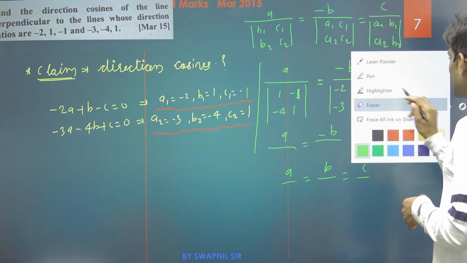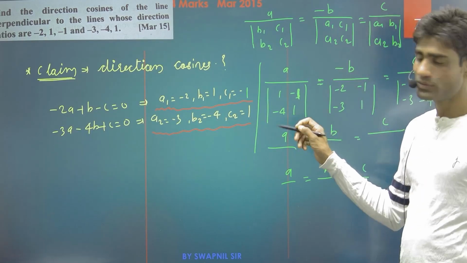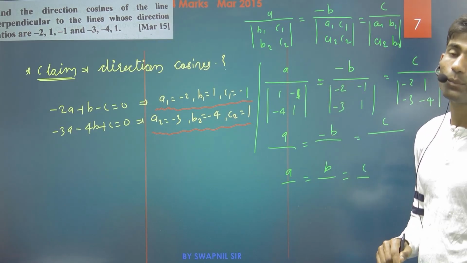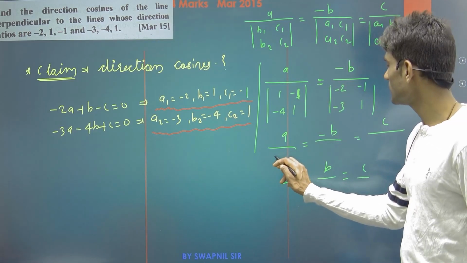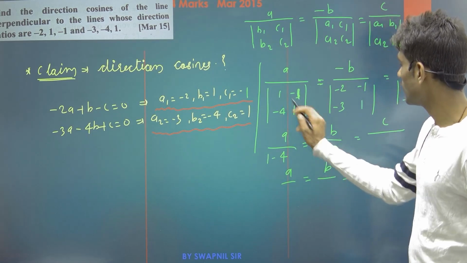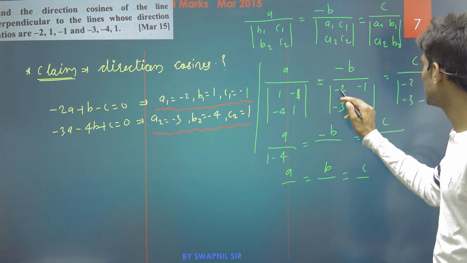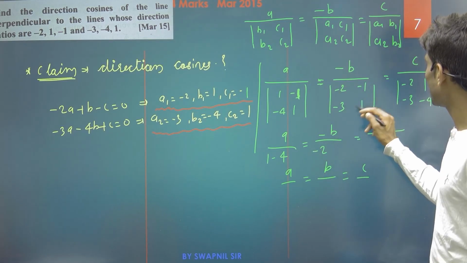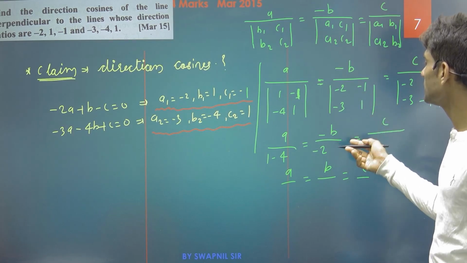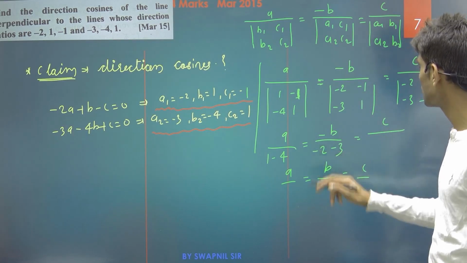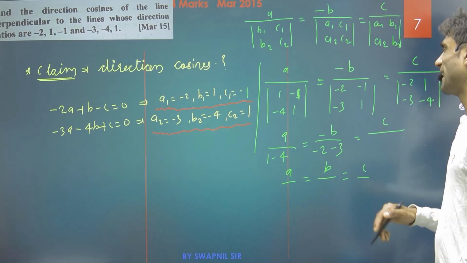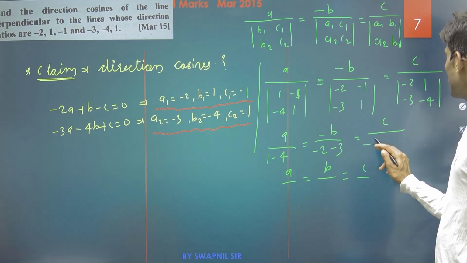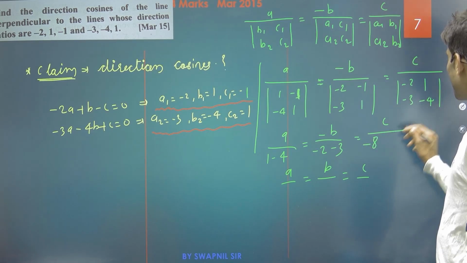Yes, okay, what we have here is the determinant. See that 1 into 1 remains 1, minus 4 into minus 1 is a plus 4, so 1 minus 4 gives us minus 3. Similarly, minus 2 into 1 is minus 2, again minus of minus 3 into minus 1, which is a plus 3, so minus of 3 comes. So minus 2 into minus of 3. Similarly, minus 2 into minus 4, which is minus 8, so minus of minus 3 gives a plus 3.